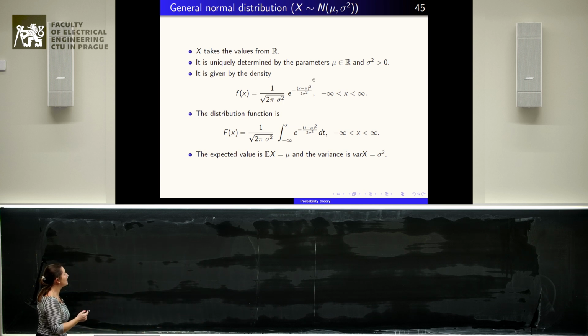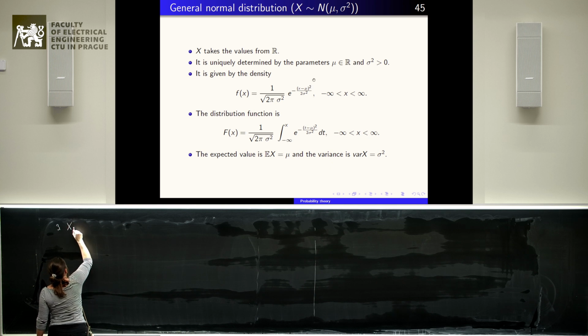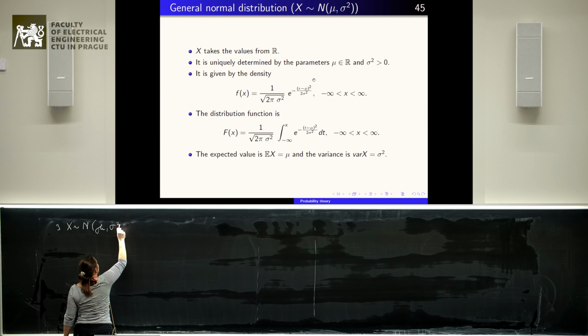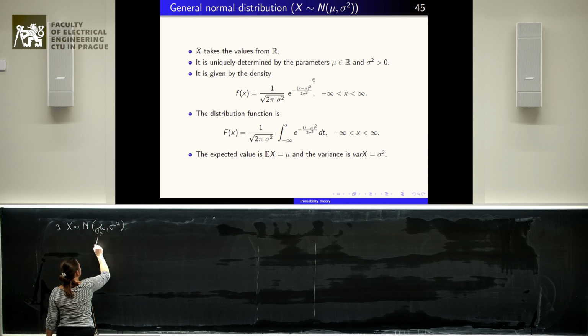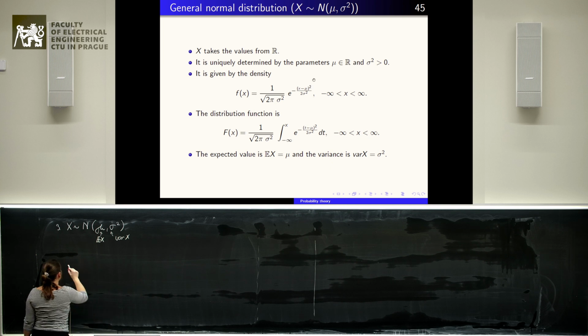Now I would go to the last distribution I want to show you, the so-called normal distribution. The normal distribution is given by two parameters, mu and sigma square, corresponding to the expected value of x and to the variance of x. The density,